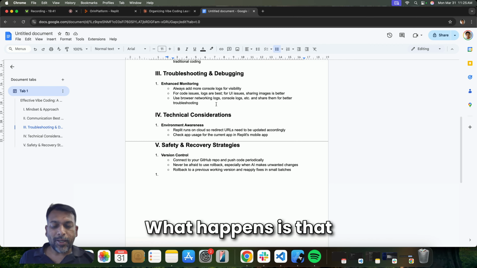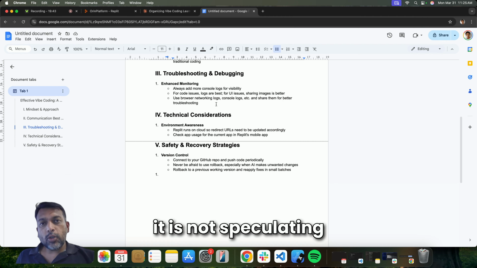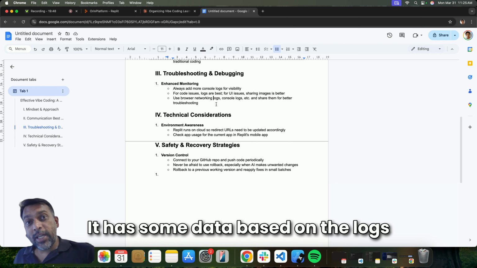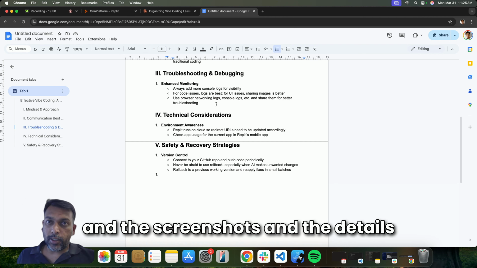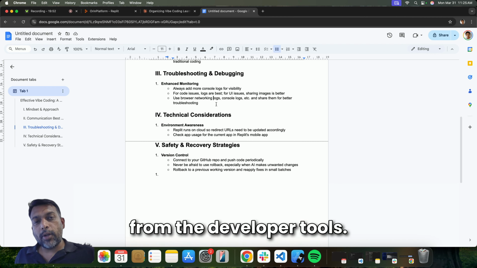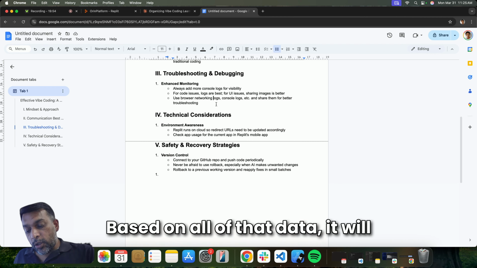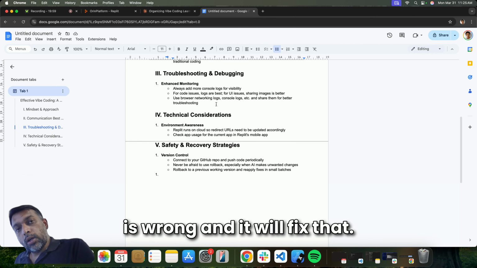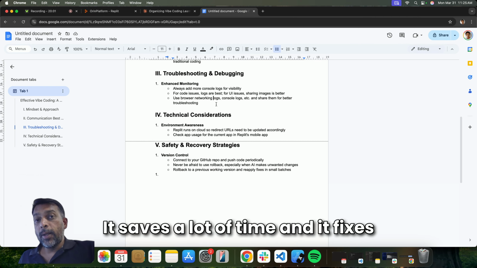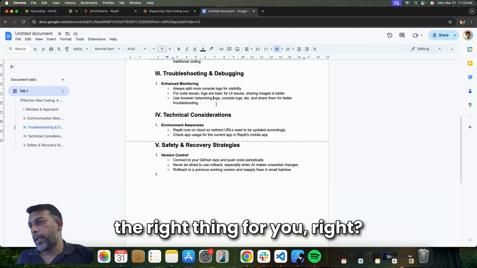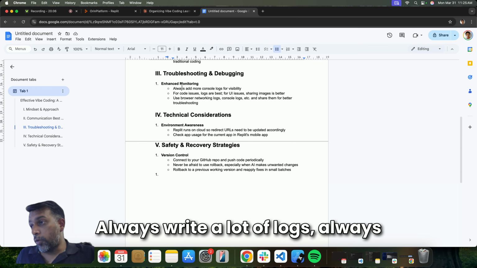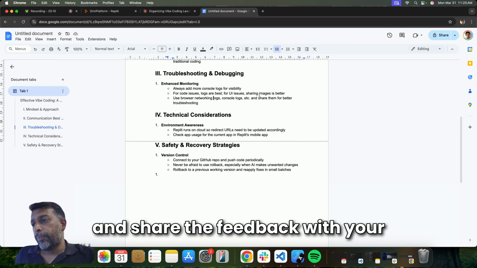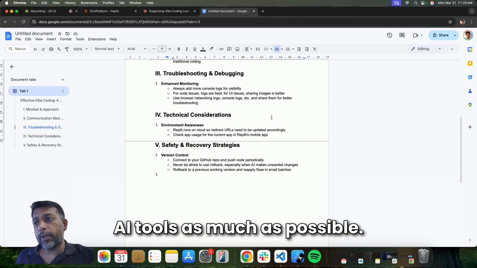That way, it is not speculating about what could be going wrong. It has data based on the logs and the screenshots and the details that you have captured from the developer tools. Based on all of that data, it will be able to figure out what exactly is wrong, and it will fix that. So it saves a lot of time, and it fixes the right thing for you, right? So that helps a lot. Always write a lot of logs. Always ask it to write a lot of logs, and share the feedback with your AI tools as much as